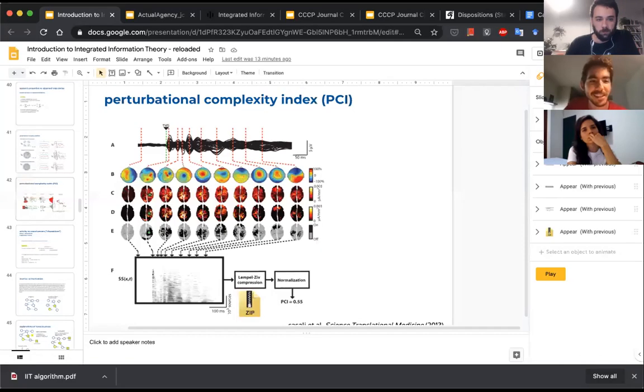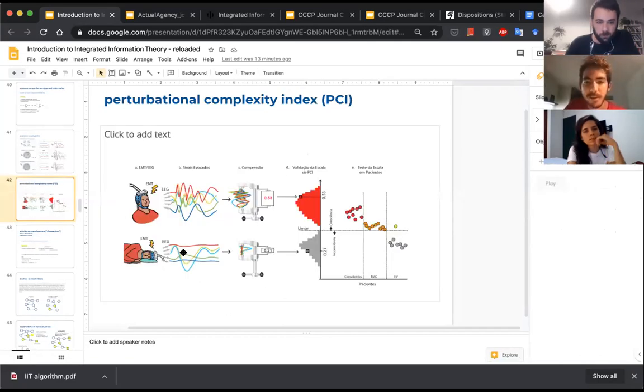So if you remember, perturbation complexity index is a way to quantify the evoked spatial temporal complexity that the system exhibits when it's perturbed, right? It's something about the dynamics of the system, how a system behaves under a certain external intervention, while phi is not something about the dynamics or something you observe, right? It's about this kind of potential